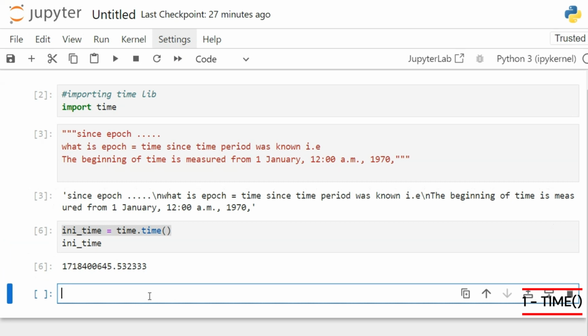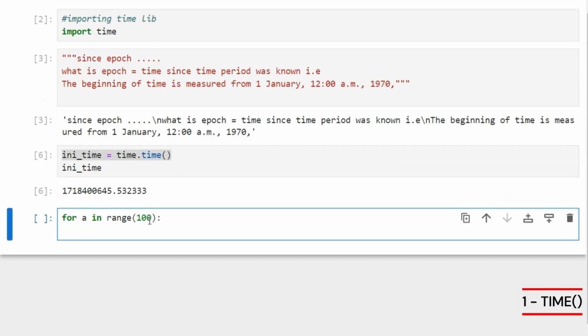So guys, let's understand the concept of the time function. For that I'll use a for loop, and I'll check how much time it took to run the for loop. I am yet to teach the for loop, but for this video I'll need it. Just see the syntax, it is very easy. So for a in range of, let it be 100, I'll repeat it 100 times, and I'll print a text, let it be subscribe please,